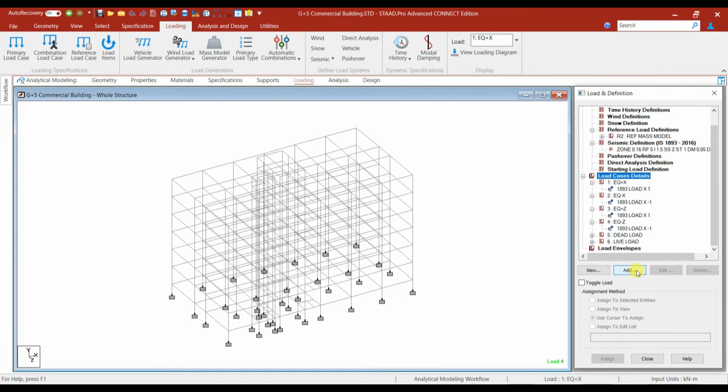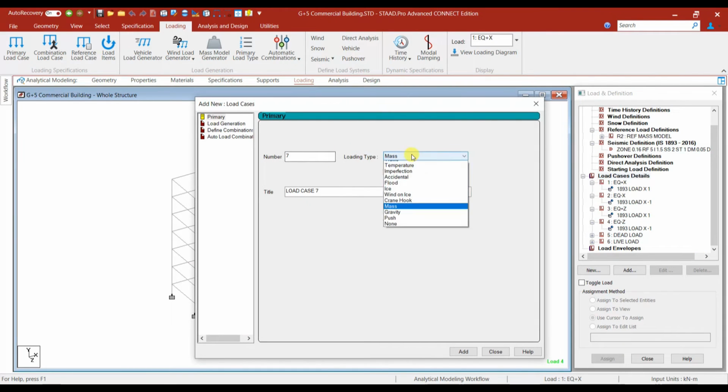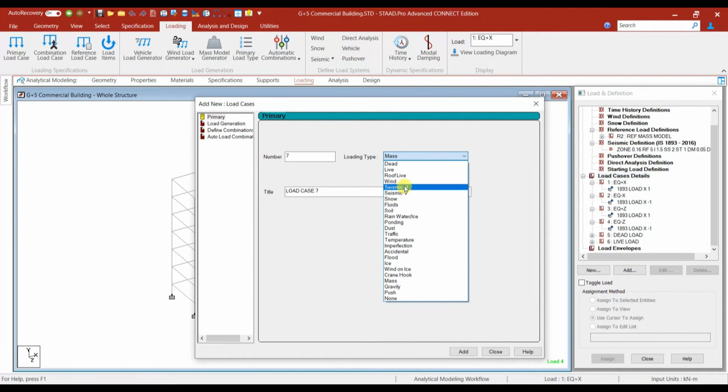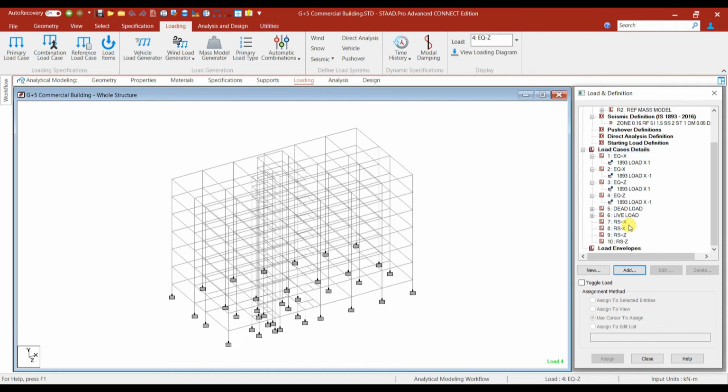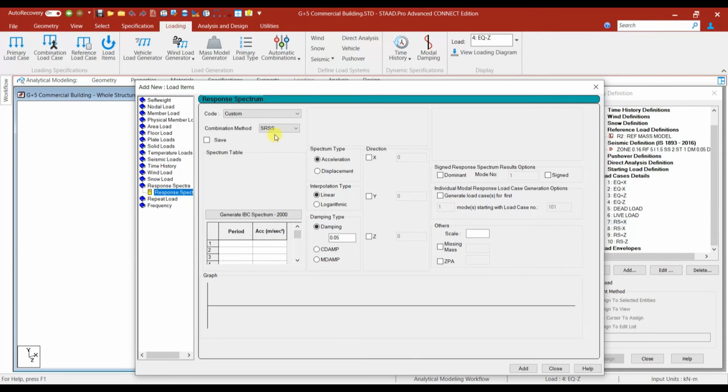Next we need to add the response spectrum cases. In this I'm going to select seismic. Let's add r as positive x, add, and then r as negative x, add, r as positive z, add, r as negative z, add. We have defined the response spectrum cases. Next we need to add the values. Go to response spectra. In this code we have to select IS 1893 part 1 2016